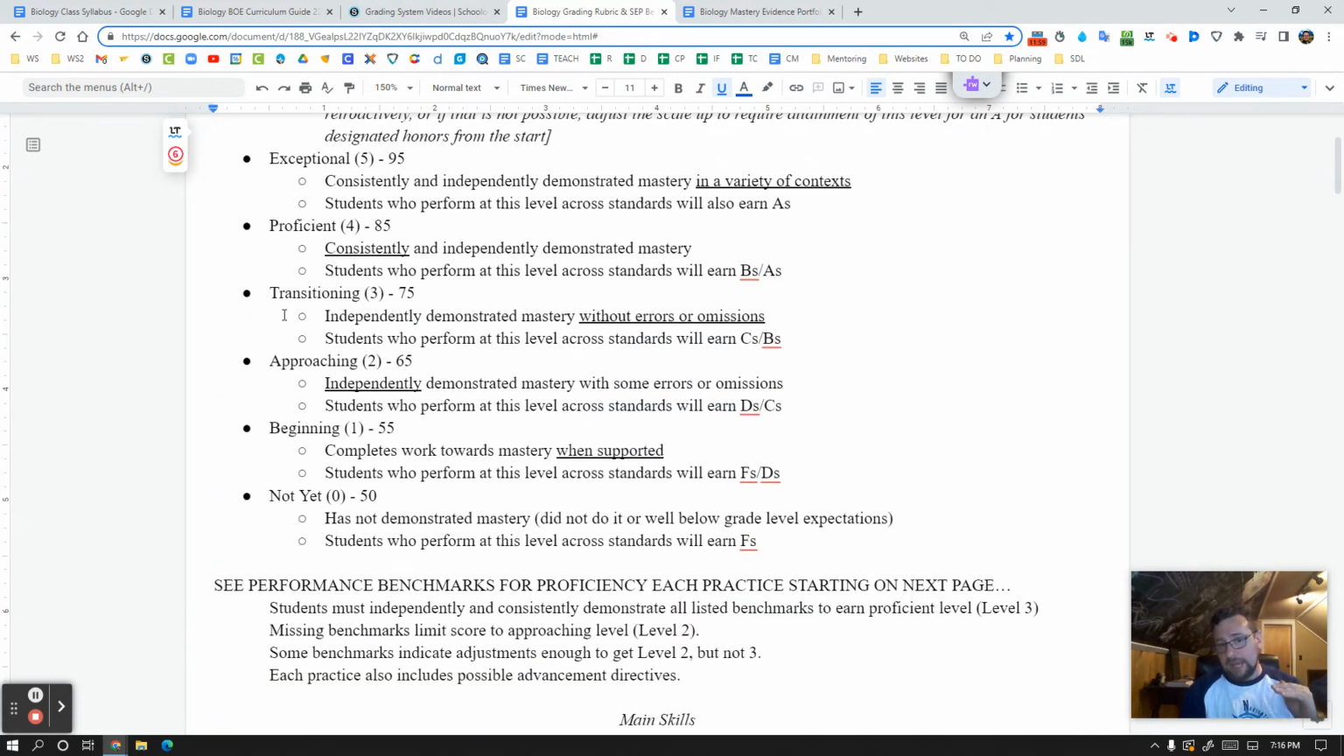Remember, that's what you get. If you do it once, you get a 3. If you can't do it without mistakes, you get a 2. If you can't do it without help, you get a 1. If you don't do it at all, you get a 0. If you do it more than once, you get a 4. If you do it more than once in a variety of topics or contexts, that's how you get that 5,